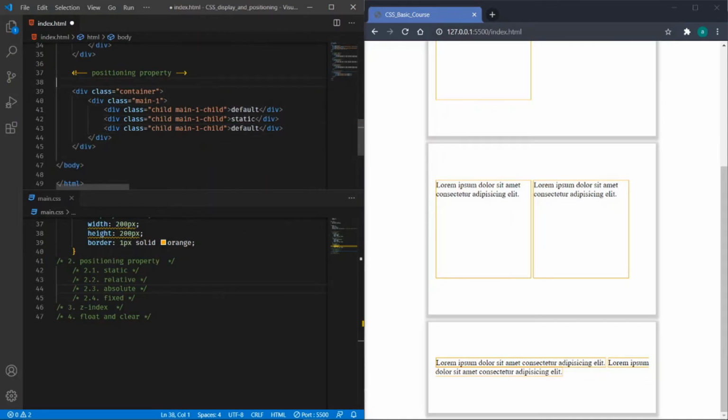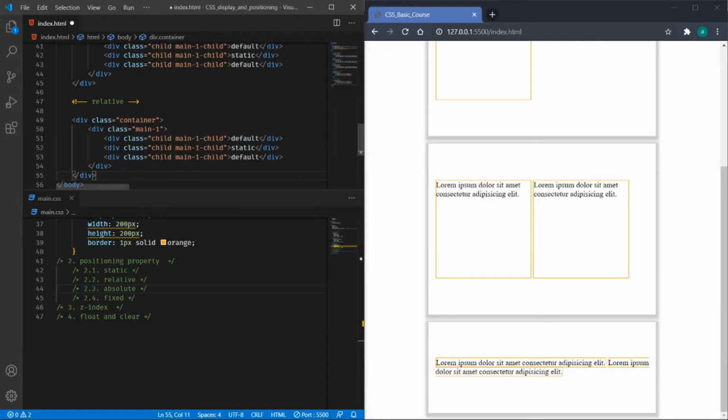So this has covered the static markup. Then next is the relative. I will just copy this container. Instead of main 1, I will have main 2, child as main 2, and the middle one as relative.